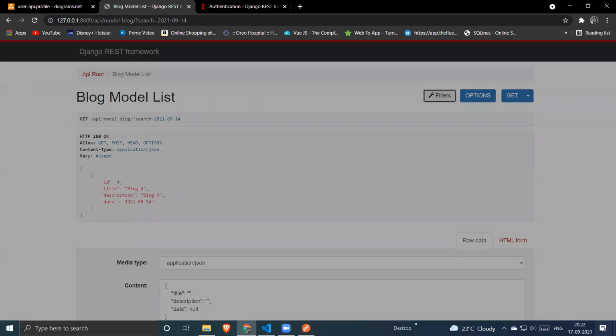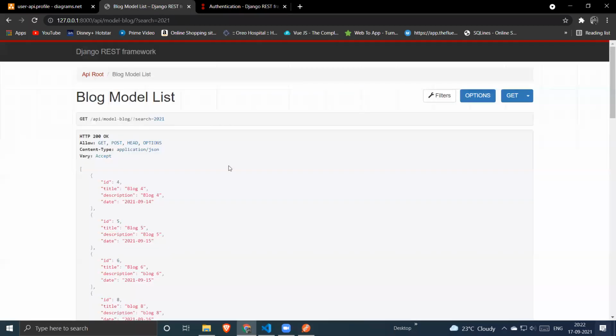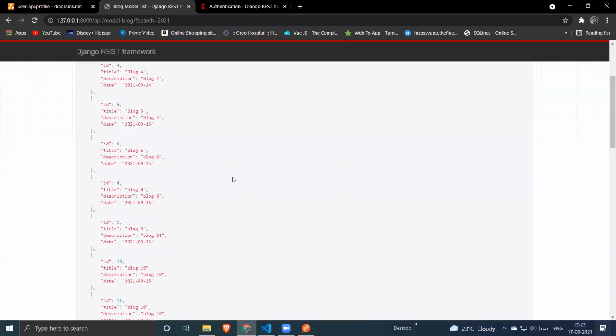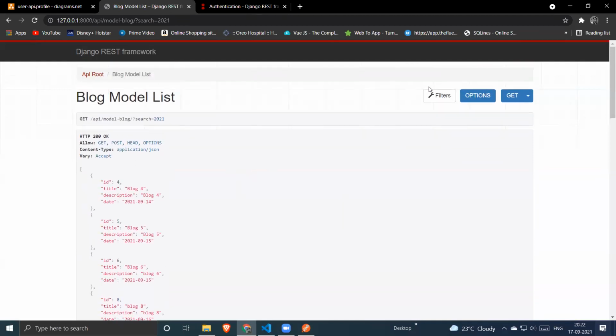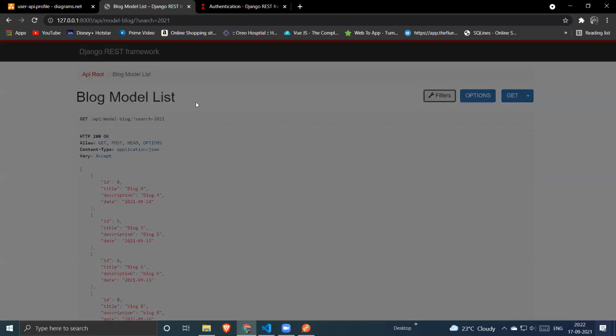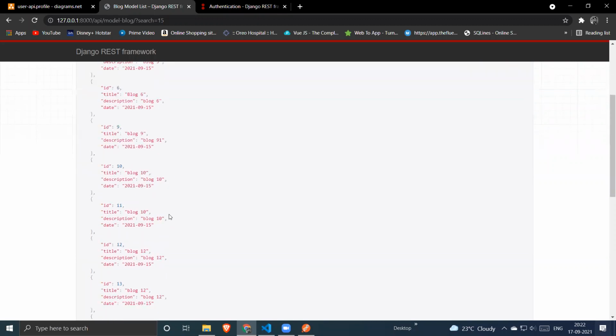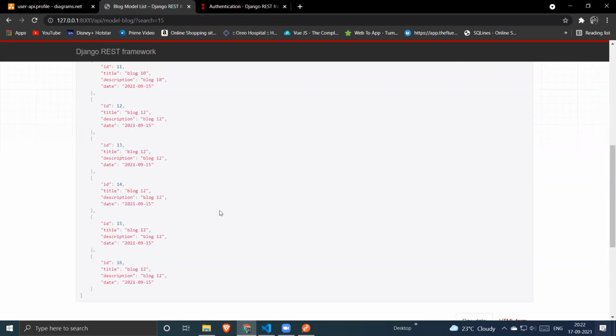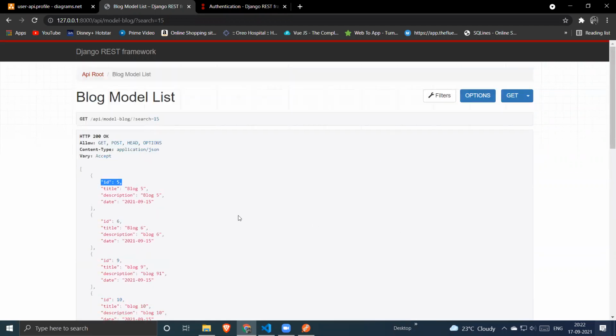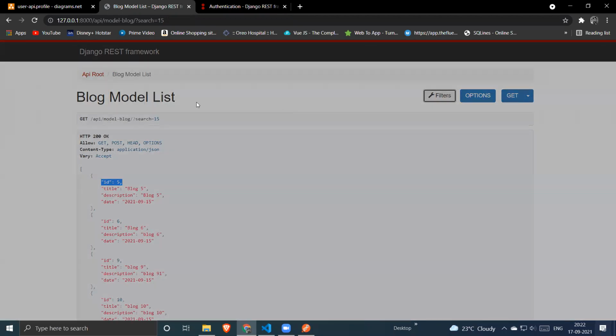So let's search 2021. You will find multiple options which are similar to 2021. Now let's search for 15. Let's go to search and make it 15. Make a search. You will find whatever results have 15 present in the substring, it will provide you as output. So we have 15 at IDs 5, 6, 9, 10, 11, and till 16. So we can perform the search in a substring too.